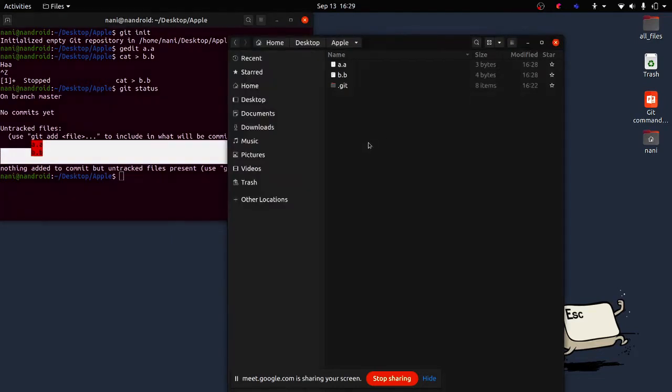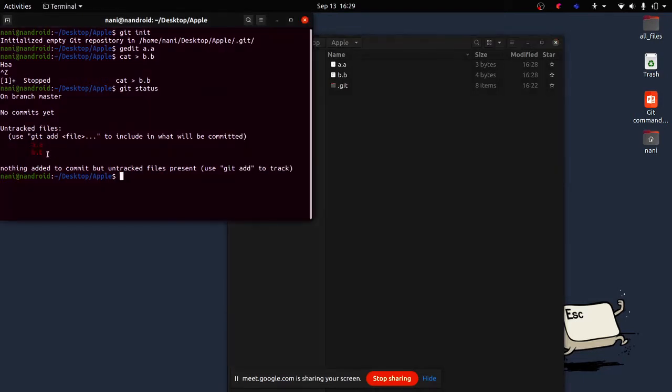They might be within that particular folder, but considering the repository, they are not yet added. That is the reason it says untracked files. I'm not tracking any of these files because they were newly created and not yet added into this repository. See, here it is suggesting to use git add and file names to include in what will be committed. When you use git add and type each file, or use the regular expression dot, it adds all the files present there into that repository.